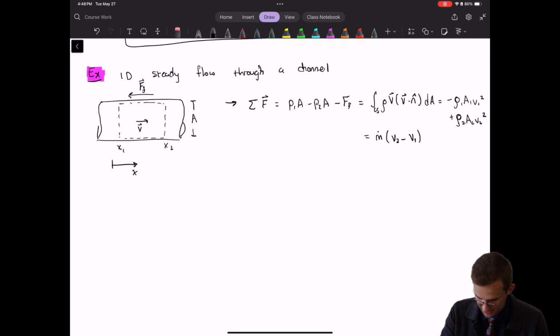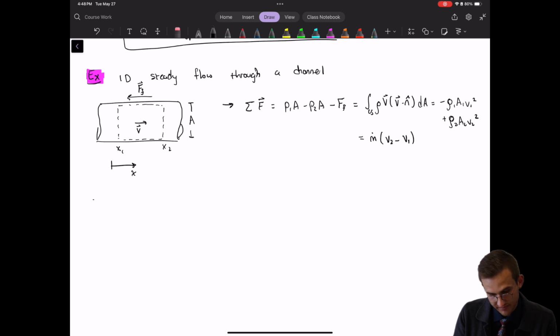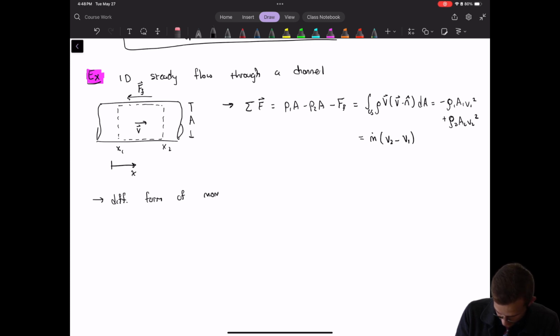Okay, so then you have this expression here. Now, what I'm going to do now, instead of taking the time to derive this, I'm just going to sort of drop this on you. It's derived in the textbook between pages 76 and 80, is the differential form of the momentum equation for steady 1D flow. So the differential form of the momentum equation has the following form. You have dp over rho plus